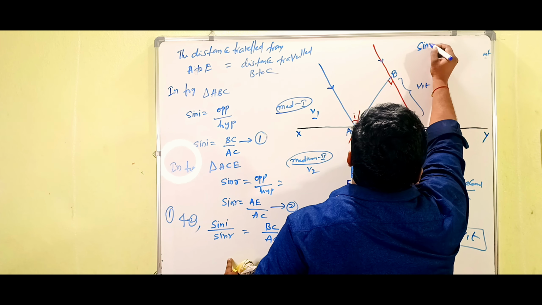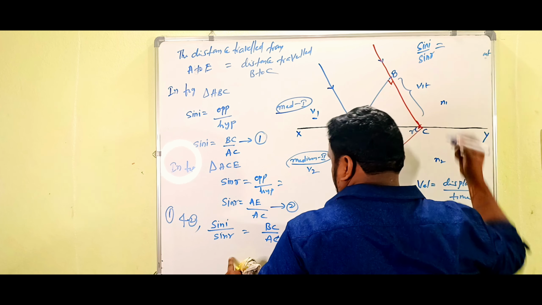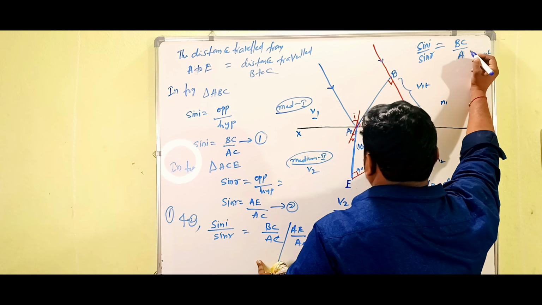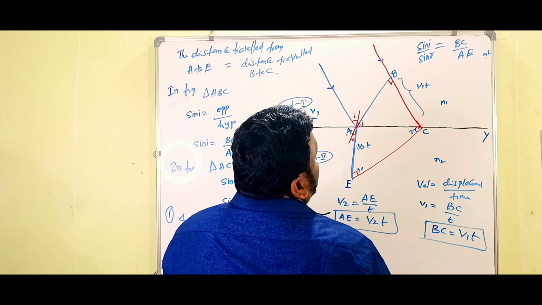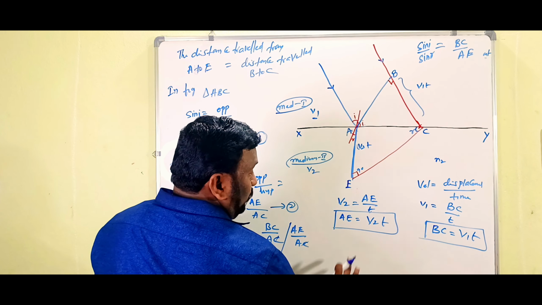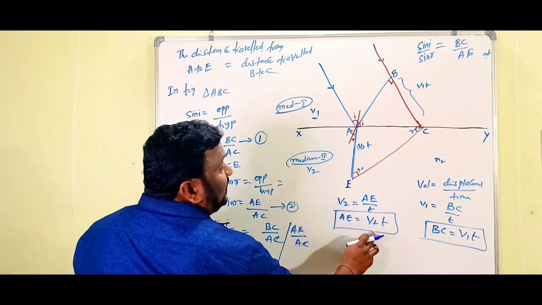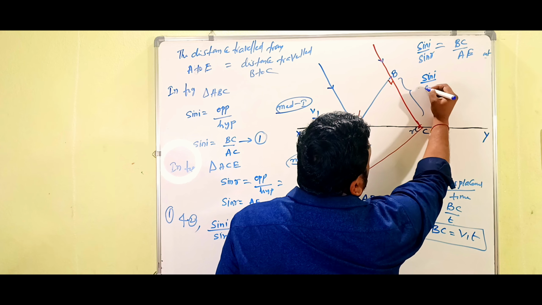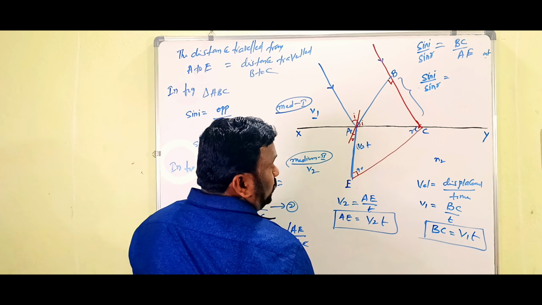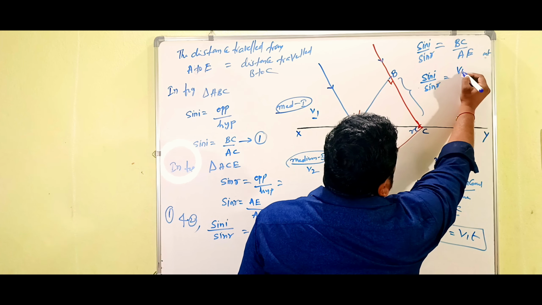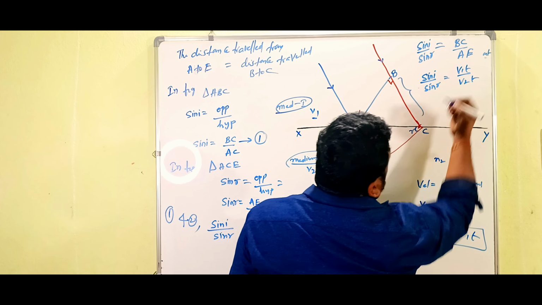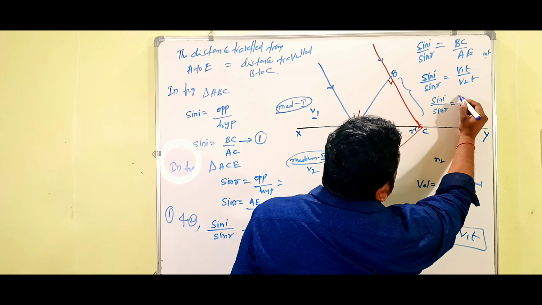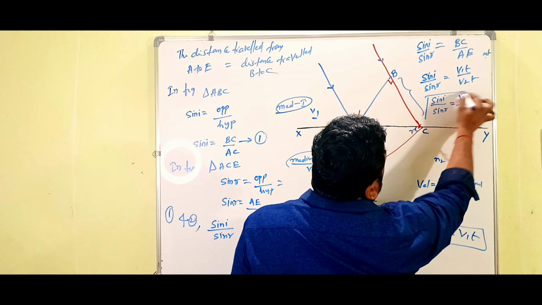Sin i by sin r is equal to what do you get, children? BC by AC, we will get AE. So clear? Already we know BC value is V1T and AE value is V2T. Substitute there. Then sin i by sin r is equal to BC value, V1T by V2T. T cancels. What you get? Sin i by sin r is equal to V1 by V2. And children, this is equation number